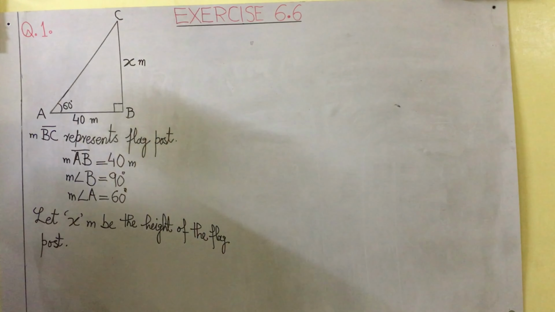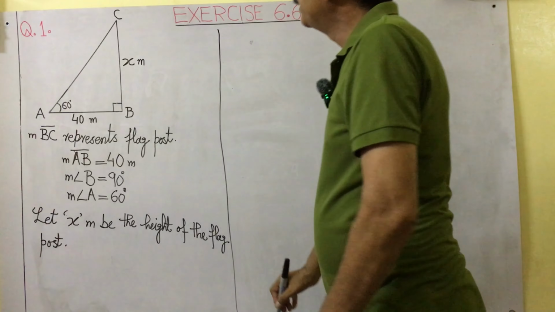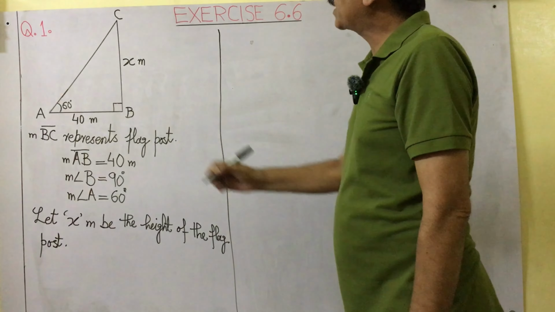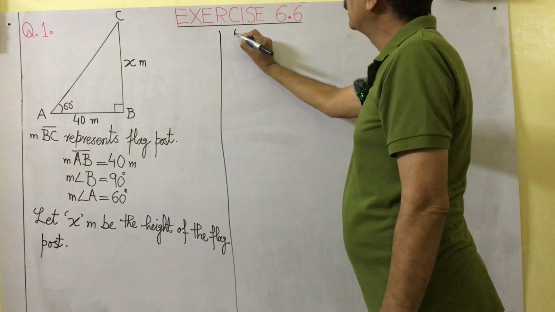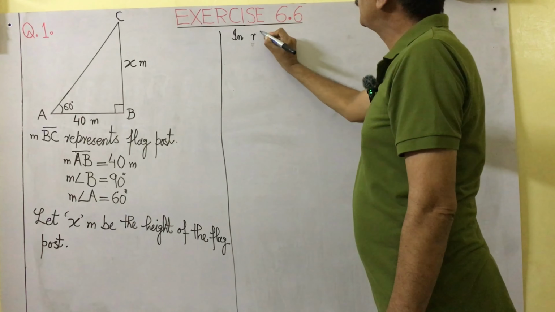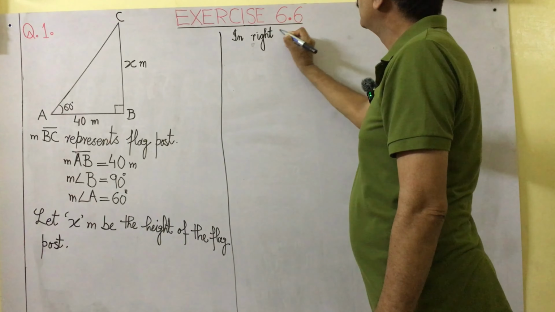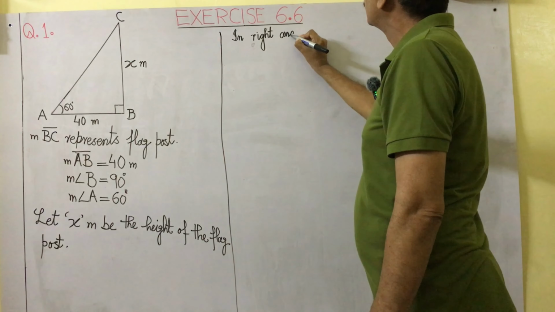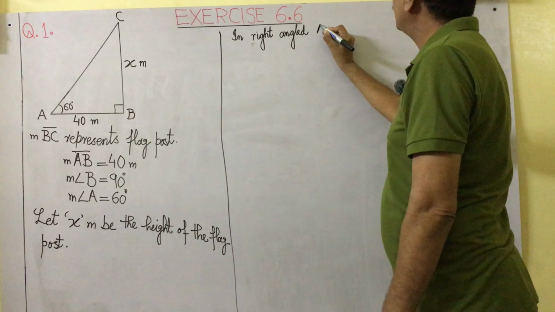Now you see, ABC is a right angle triangle. In right angle triangle ABC,